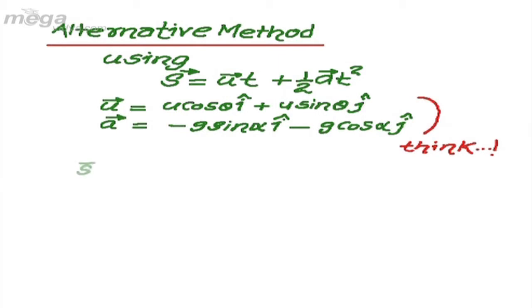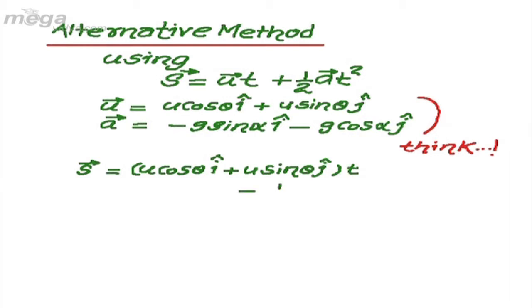we can get the displacement of the projectile in the taken reference frame to be equal to u cos theta i cap plus u sin theta j cap multiplied by time t, minus half g sin alpha i cap plus g cos alpha j cap multiplied by the time t, which finally reduces to